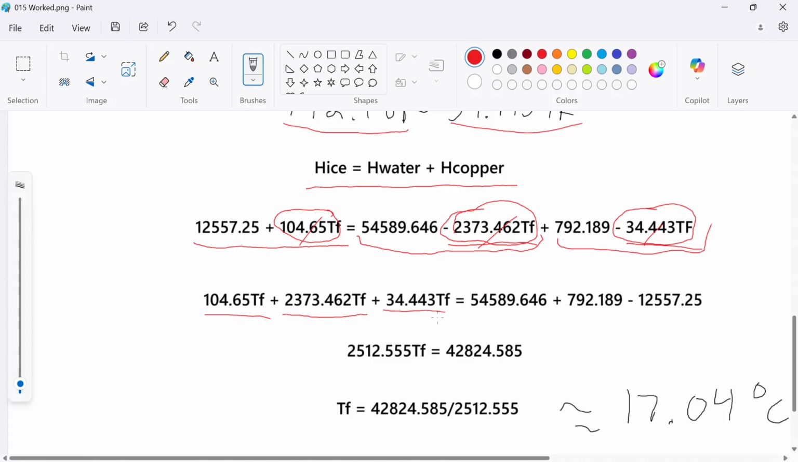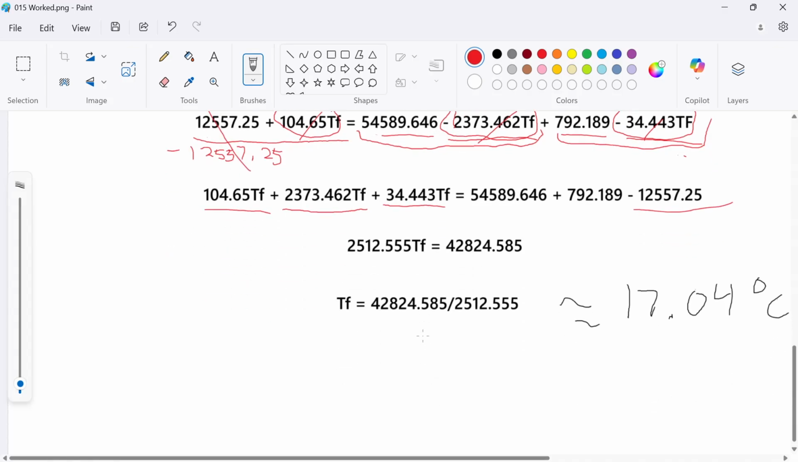I've got the 54,589.646, that's that one, plus 792.189. Then I have to subtract this from both sides. So I'm subtracting it so that I can get rid of it on the left-hand side. So minus 12,557.25, there's the minus. That's gone. So now I have something that looks like this. And I can add these three together. 104.65 plus 2373.462 plus 34.443, and that adds up to be 2512.555. T final equals, I add all these together, 54,589.646 plus 792.189 minus